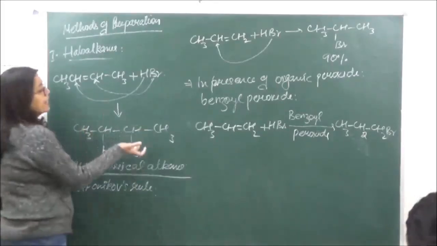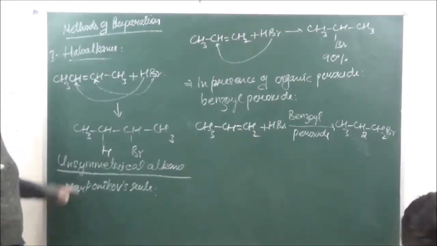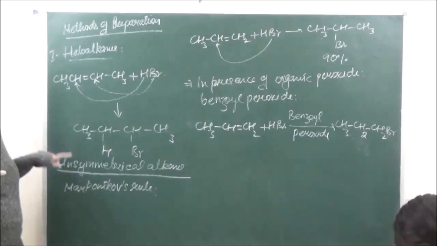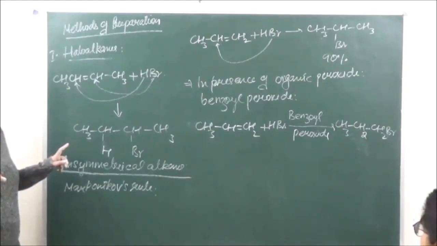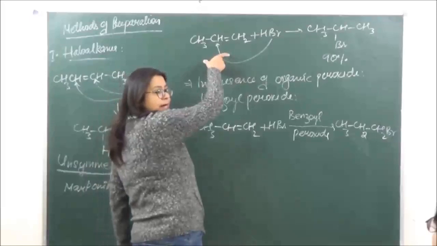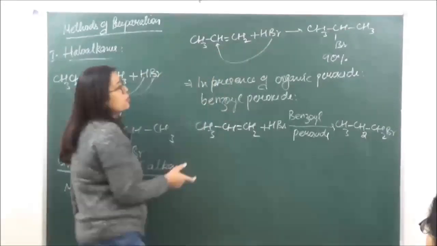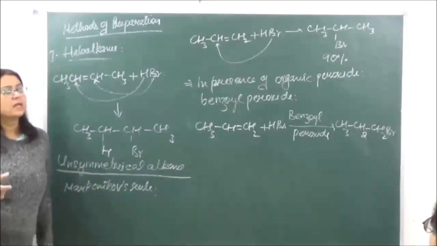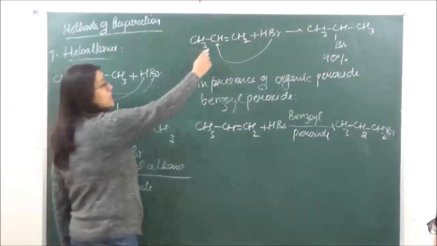अब इन दोनों में ऐसा क्यों हो रहा है? There is going to be a difference in mechanism. When we talk of the Markovnikov's rule, the mechanism is going to be an electrophilic addition reaction, which is followed by the formation of a carbocation. Now as the 2-degree carbocation is going to be more stable, therefore bromine goes and attacks this